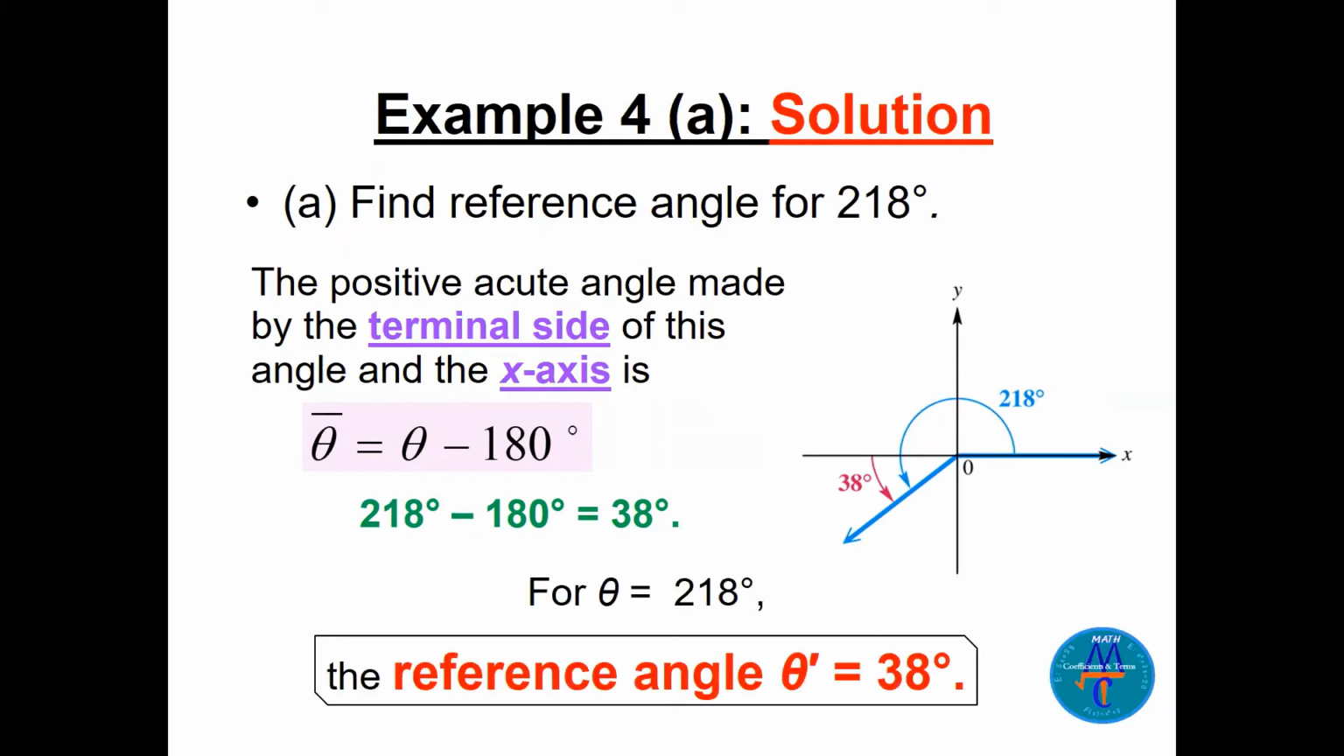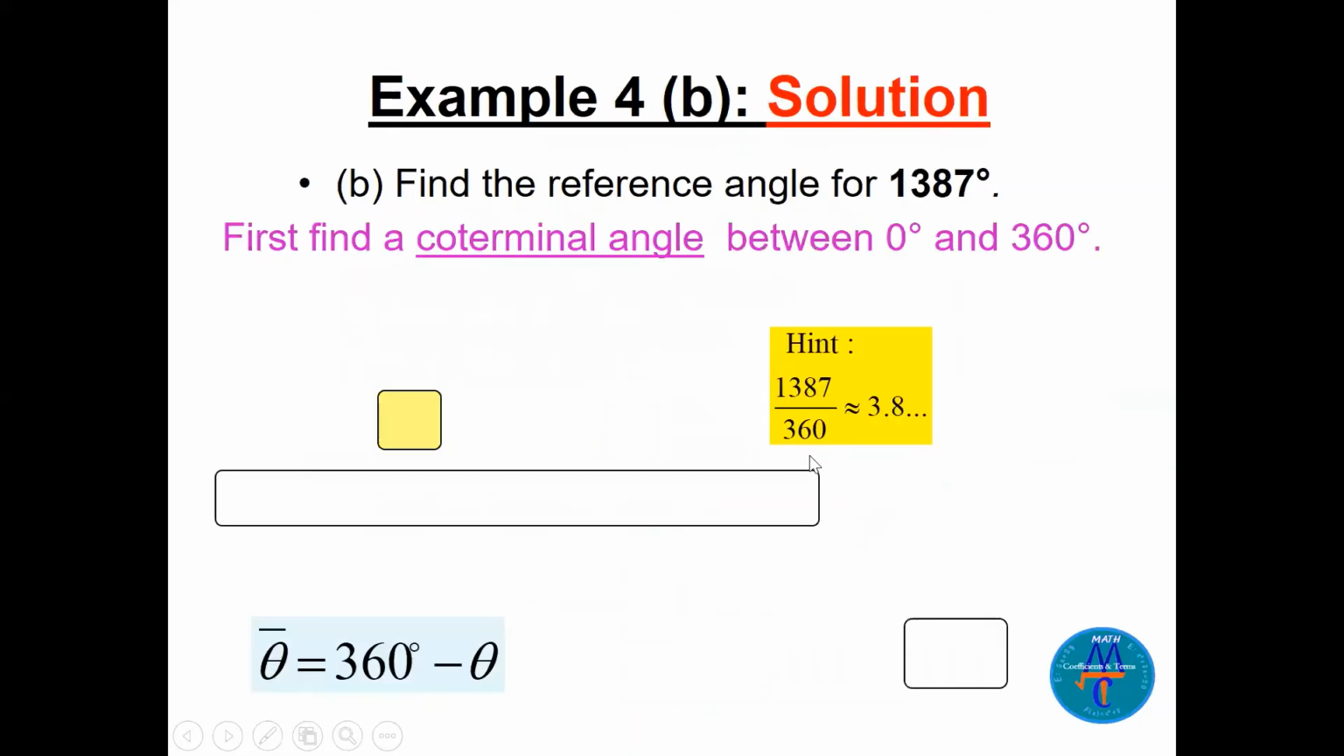So 218 minus 180 will be 38. So 38 is the reference. See, this is the reference between the terminal side and the x-axis again. Now let's see